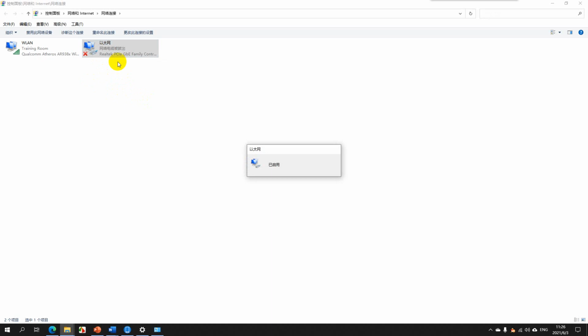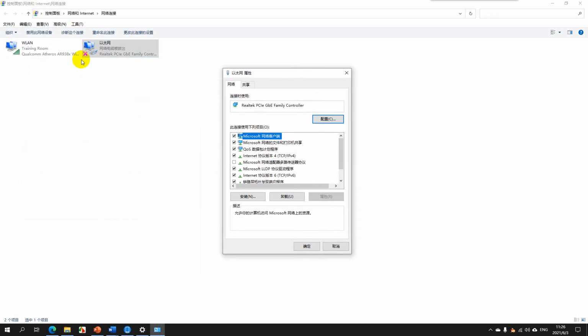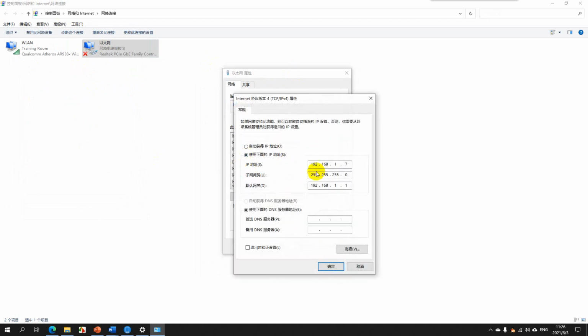If you are not using one, just disable it. But in case you are connecting the PC directly to the RSIP, then you need to enable this one. And then double click and go to the IP settings, and make sure that your PC, the router, and your RSIP are all in the same IP